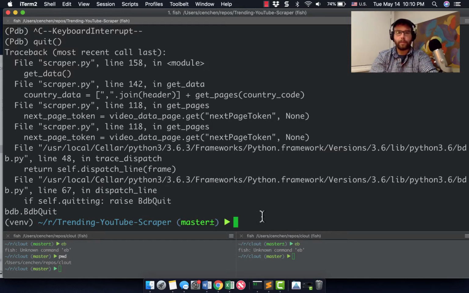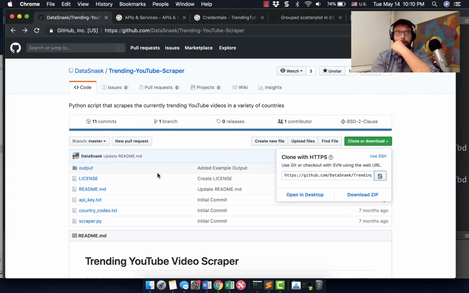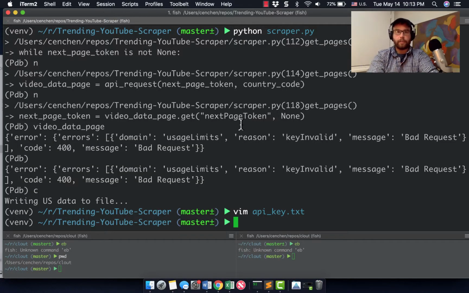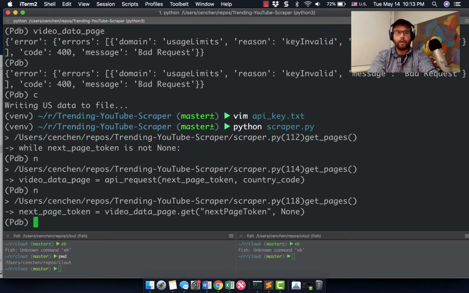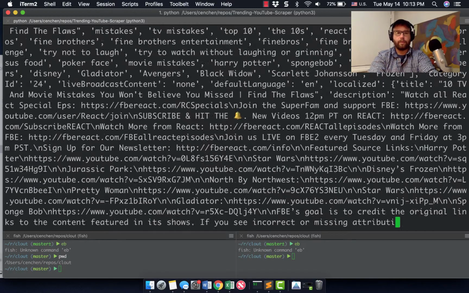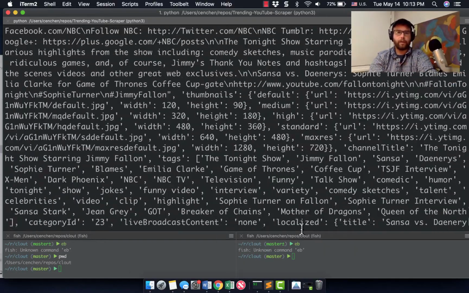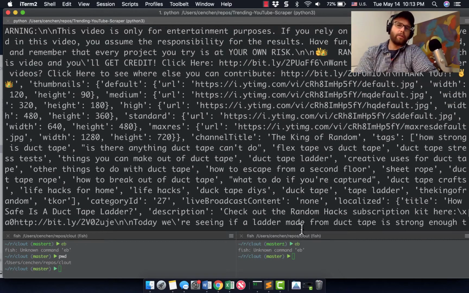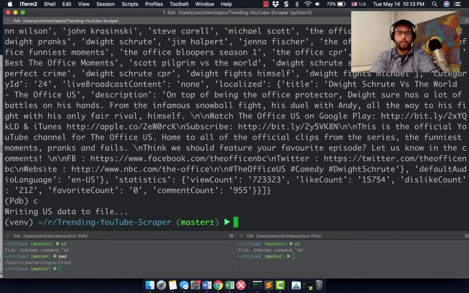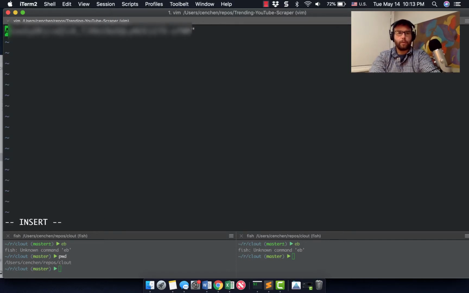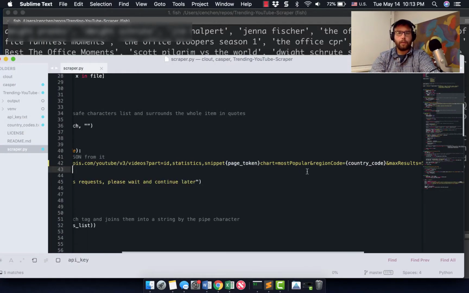I suppose I didn't get the right one. So let's go back and make sure we're getting the right API key. Okay, so what I just did is I took my API key out of this api_key.txt and just put it directly into the request page that it's trying to access, and there it is. So it's something about how that API key is loaded in the api_key text file. I'm not sure what I did wrong. Let me see what I did wrong in that. Let's try it without the quotes. Okay, and then